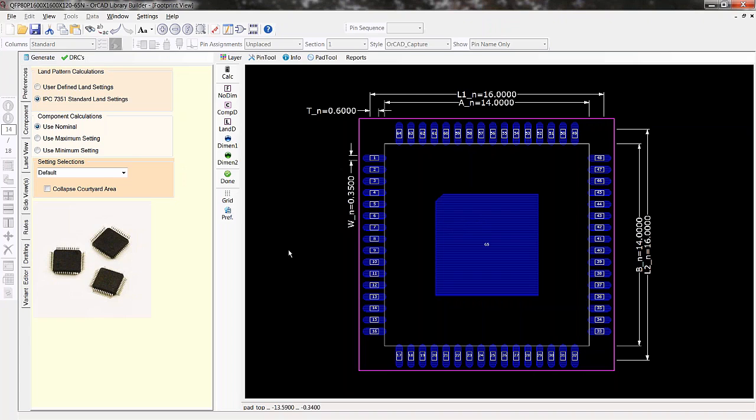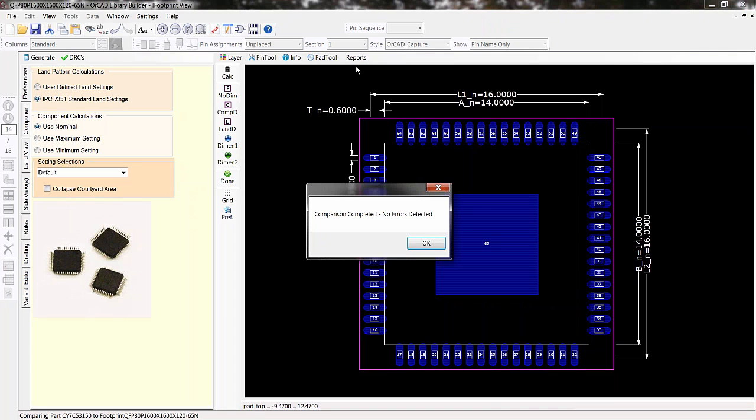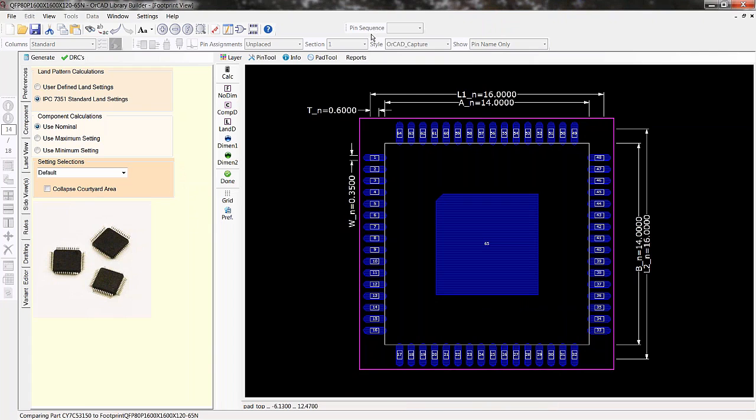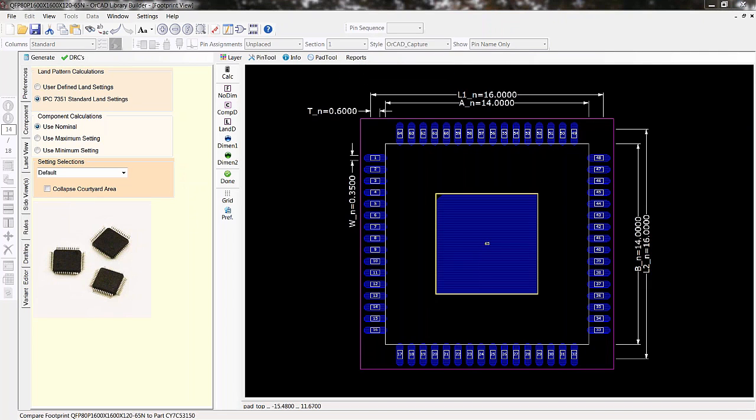So what might I want to do now that I have the footprint completed? I want to export it, obviously. But like I said, when you're building a symbol and a footprint, one of the things that you want to do is validate that this footprint matches your symbol. So if I click on Reports and I say compare the symbol to the footprint, no errors detected. So if I said footprint to symbol,